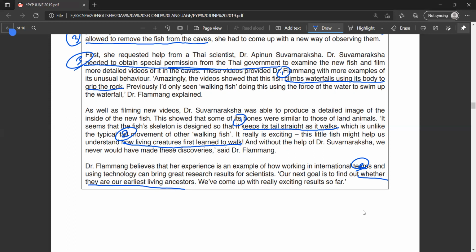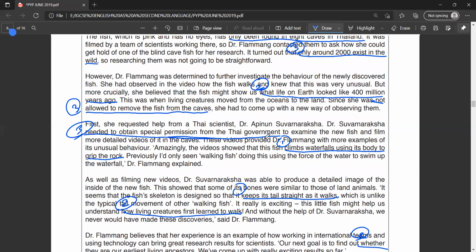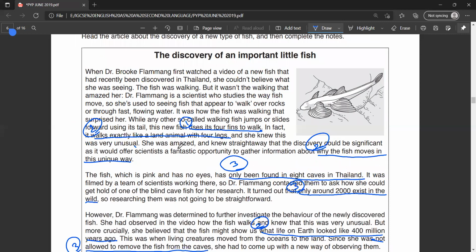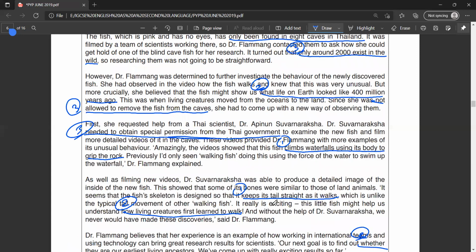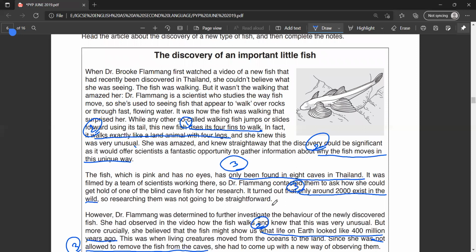Okay, so I think I have completed. So I have written 1 for the points of question number 11. I have written 2 for the points of question number 12 and 3 for the points of question number 13. Okay, so we have got 1, 2, 3. We have got 3 points for the first part, and I think we have got more